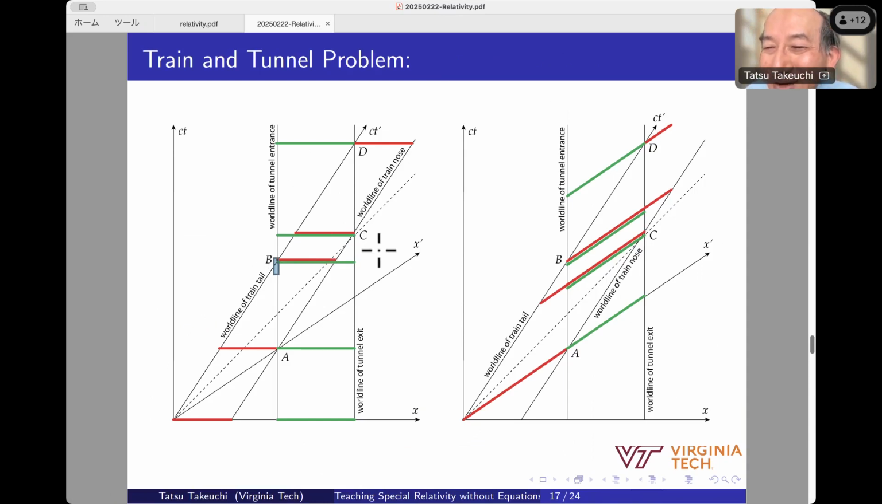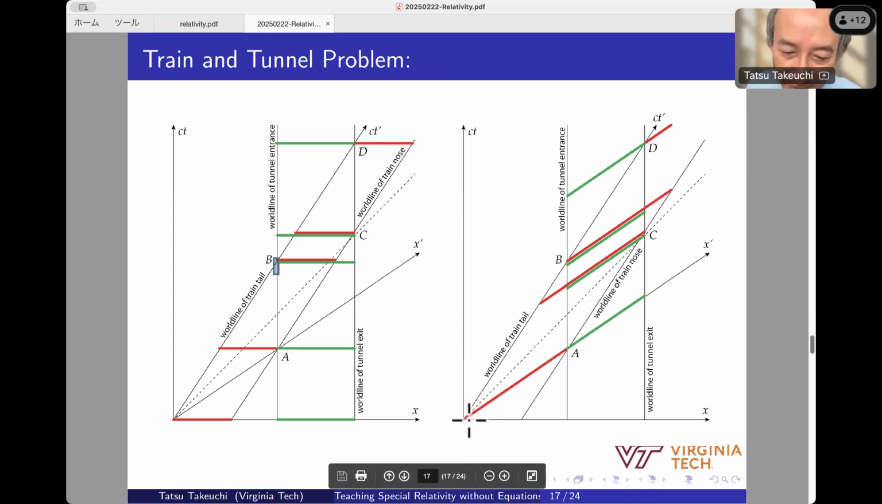And the question is, in one frame, the train is shorter than the tunnel, so you can close the doors at both ends of the tunnel at the same time. But in the other frame, the tunnel is going to be much shorter than the train. So how can you possibly close both doors at the same time? And that is a very good question, but it's not a problem because in the moving frame of reference,